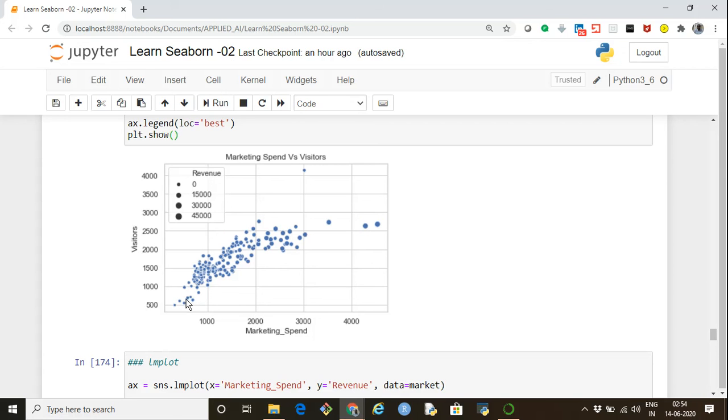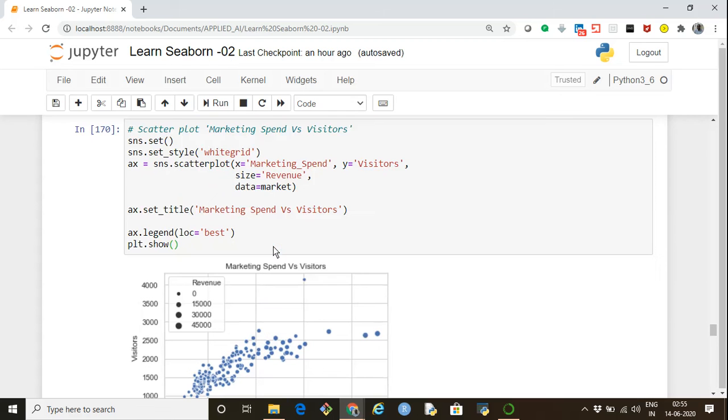So yes, we see there's an increasing trend. As more money was spent on marketing, we see the number of visitors going up, and as the number of visitors goes up, the revenue generated also increased. The size of these circles is represented by the revenue, so the bigger the circle, the higher the revenue that was generated.